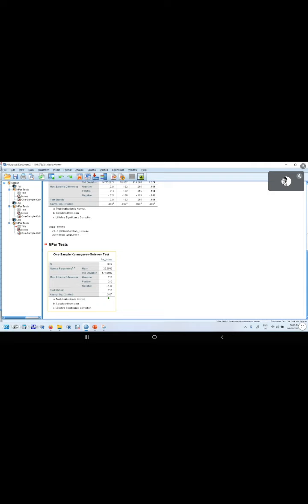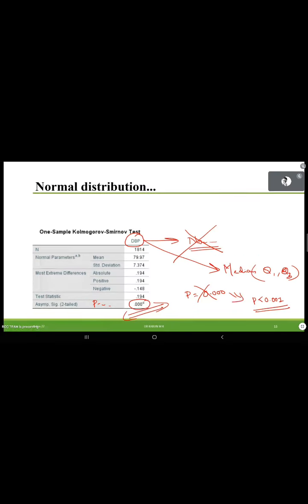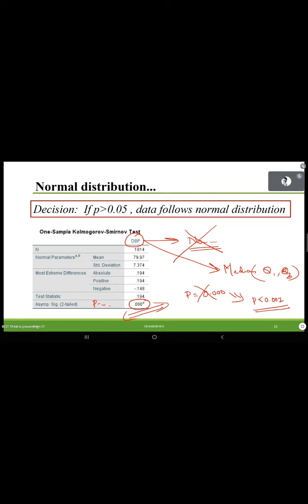Whenever you have categorical variables, just estimate the frequency and the percentage. For quantitative variables, if you want to summarize, you should check the normality first. Only for those variables found to be normally distributed do you report mean and standard deviation. Otherwise, you should report median and interquartile range. Normality checking is very, very important. In summary statistics onwards, we are making use of the properties of a normal distribution. I hope now you understood how to check the normality of a variable using SPSS software. Is that clear to everyone?